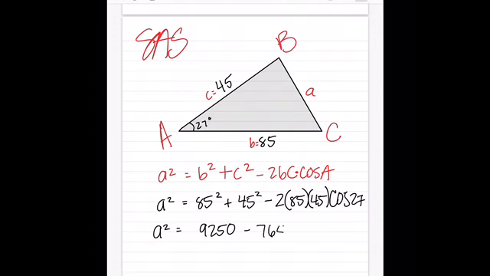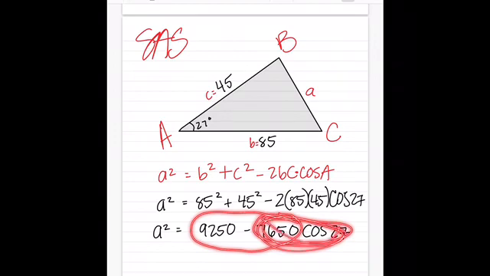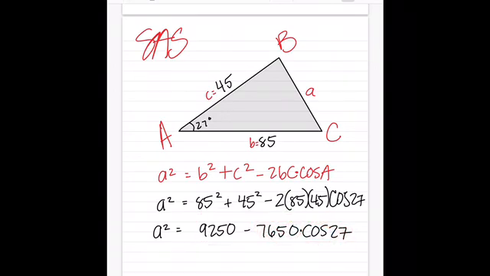So that's 7,650 cosine of 27. All right. Now, you have to remember that these are being multiplied. So I cannot take this and just subtract this. Can't do that, okay? Because this is being multiplied. You've got to look at this instead. Okay, so what you can do, however, is